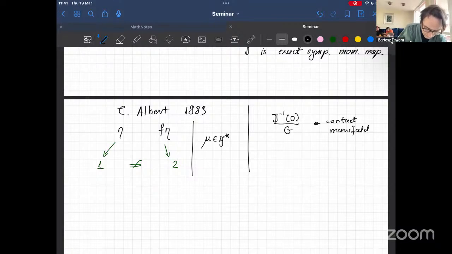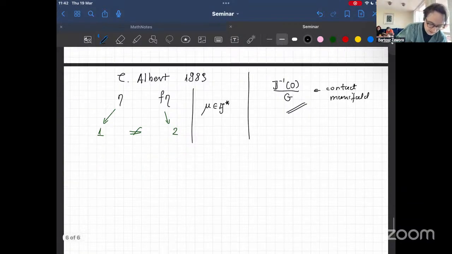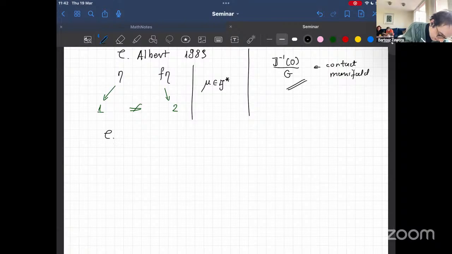So people knew that there has to be something, since this quotient, the analog theorem for the zero level set, holds as in symplectic Marsden-Meyer-Weinstein reduction. So then Christopher Willett